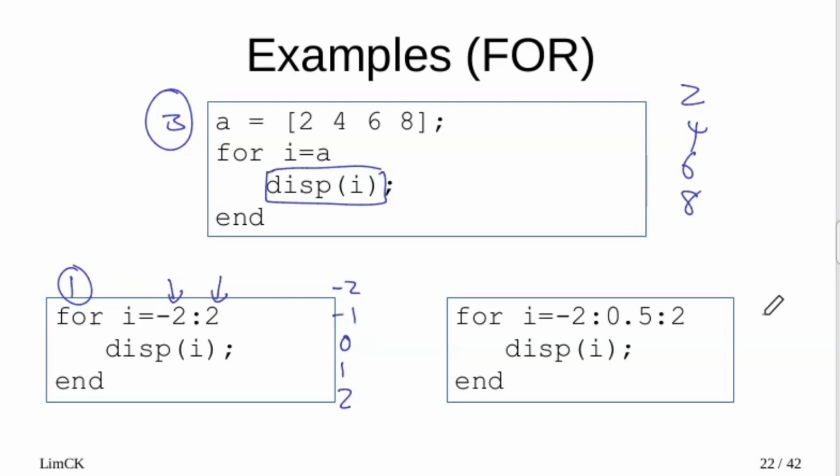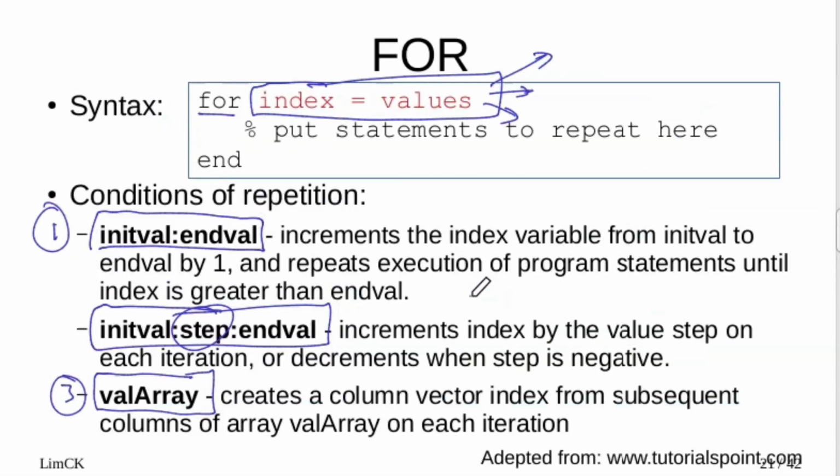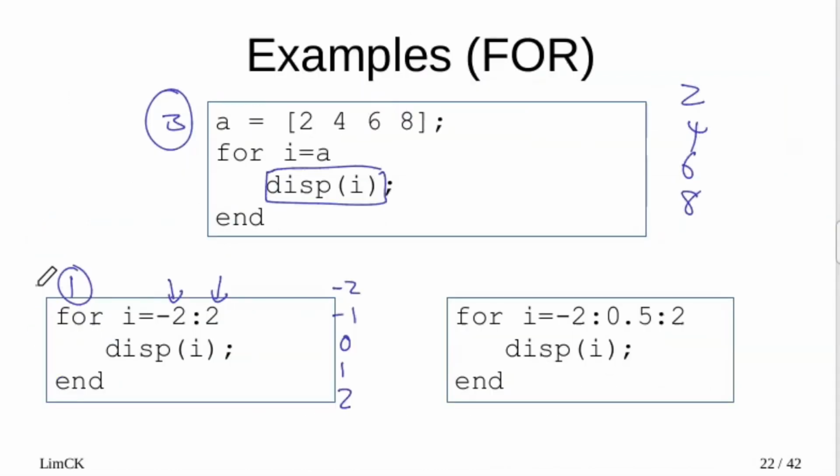This one looks quite similar, but actually this one is the second type that we have. In the second type, we have not only the initial value and the end value, but we have a step size here. The step size determines how fast we want to grow from the initial to the end. Since the step size is 0.5, the first iteration we execute this one will display